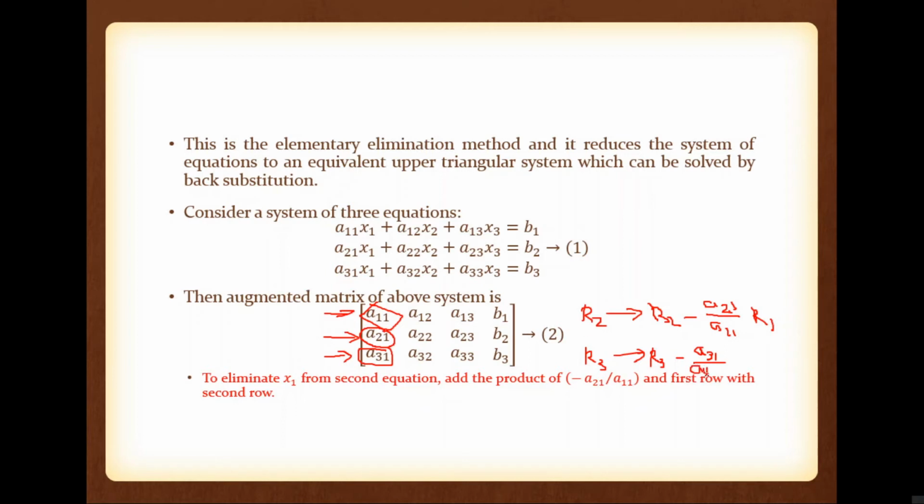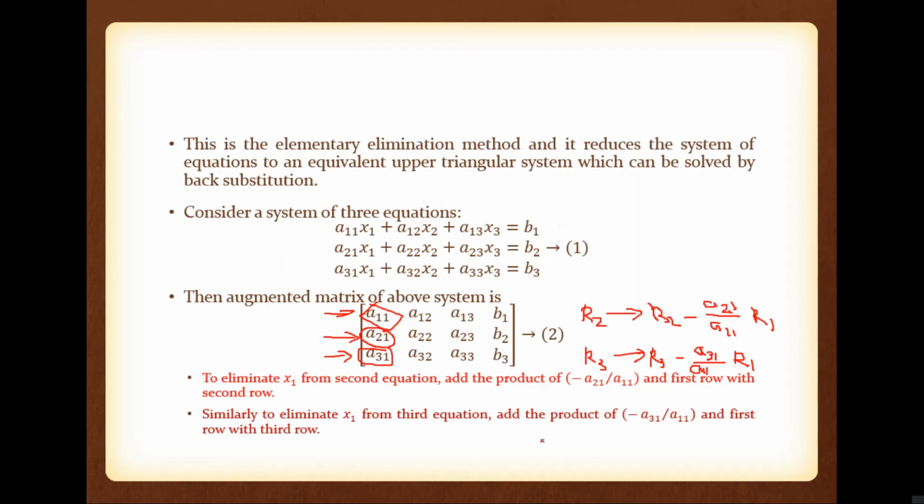So if A11 is the pivot, what is the pivot equation? The corresponding row R1. So R3 is modified in such a way that R3 is equal to R3 minus A31 divided by A11 into R1. So if you are doing these two operations, A21 and A31 are removed, meaning they will become 0. What about A22, A23, B2, A32, A33, B3? They may or may not become 0, that we don't know, but definitely they will be modified. After this operation, A22, A23, B2, A32, A33, B3 are modified.